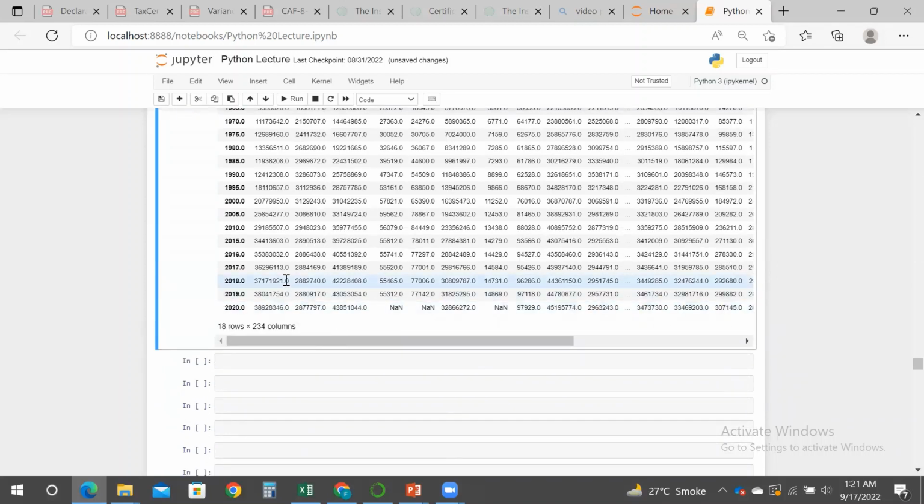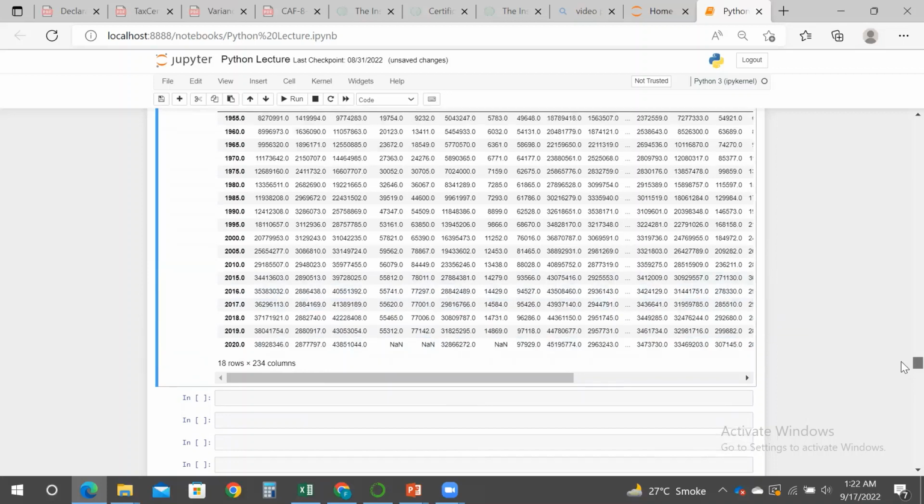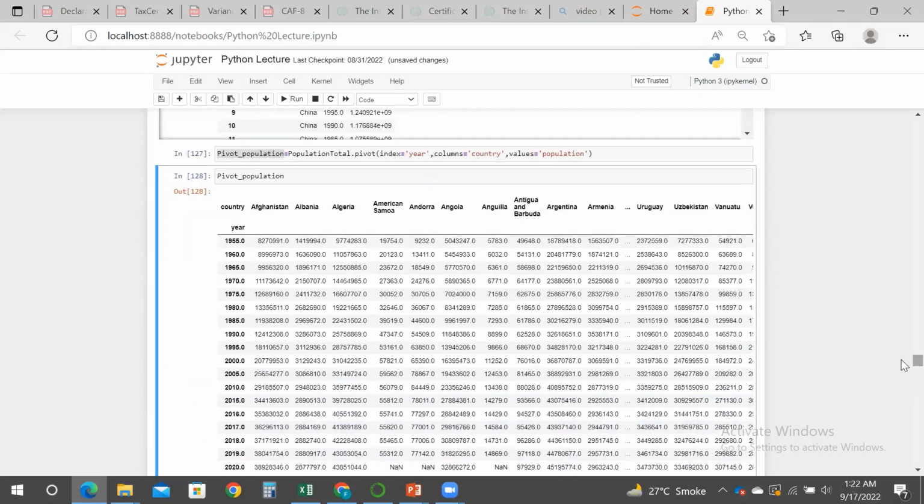Now this data frame consists of 234 columns and 18 rows, and 234 columns are representing the names of the countries, index is representing the years, and the values are the populations of respective countries. So we have saved the pivot shape of this data frame before applying the visualization,